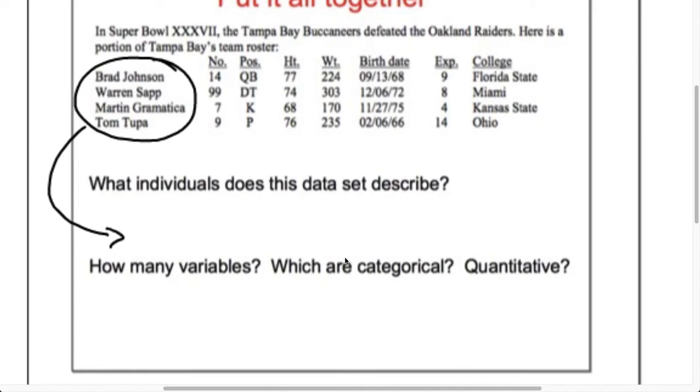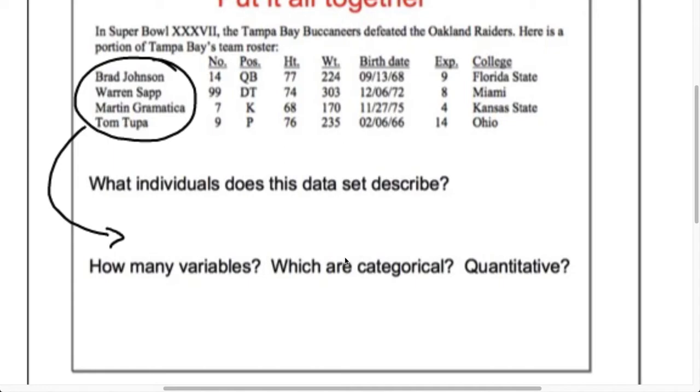If you don't know who Martin Gramatica is, which I would assume you don't because he retired a long time ago, he would celebrate the easiest field goals as if he just won the Super Bowl all the time. So if you want to see something kind of funny, just go and Google his name on YouTube and watch a video of him celebrating. He actually got hurt one time. He twisted his ankle or something like that and actually missed a bunch of time because during a celebration he hurt himself. And he would do that if it was a 20-yard field goal or a 50-yard field goal. Didn't matter. So kind of entertaining. Anyway, Tom Tupa, another individual in this data set.